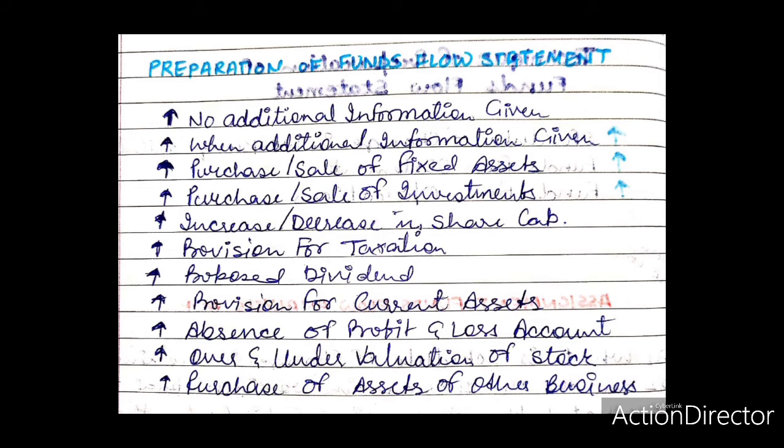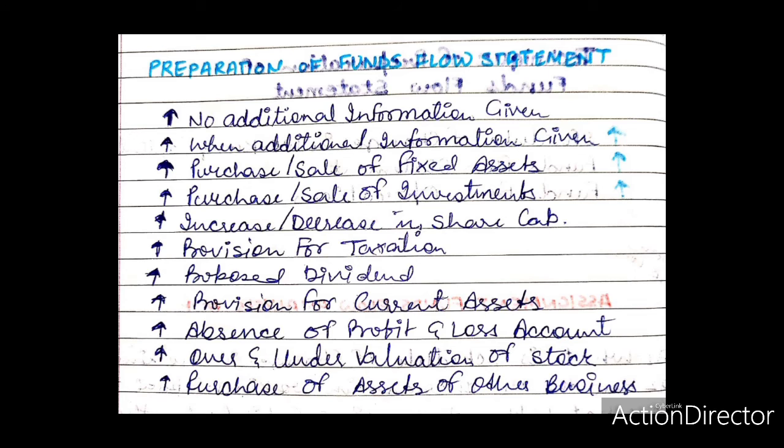Any payment of dividend made for the previous year will not be shown as use or application of funds in the funds flow statement. As an appropriation of profits, proposed dividend will not be shown in the schedule of changes in working capital, but the dividend paid during the year is shown as an application of fund in the funds flow statement. Further, the amount of proposed dividend for the current year shall be added back to the net profit for ascertaining funds from operations. If the amount of dividend paid during the year is not given in the supplementary information, the amount of proposed dividend for the previous year may be presumed as dividend paid during the year.